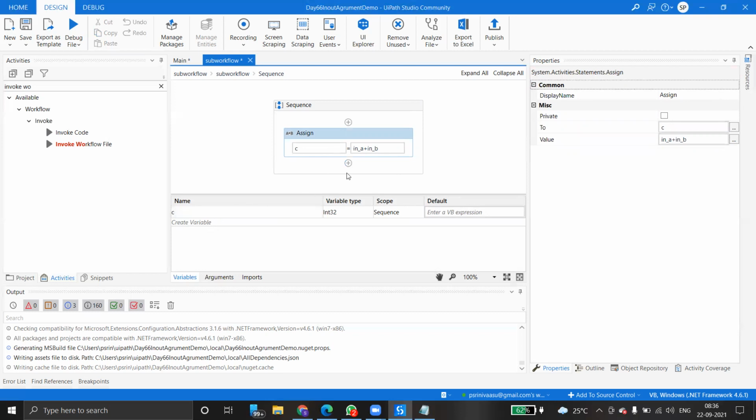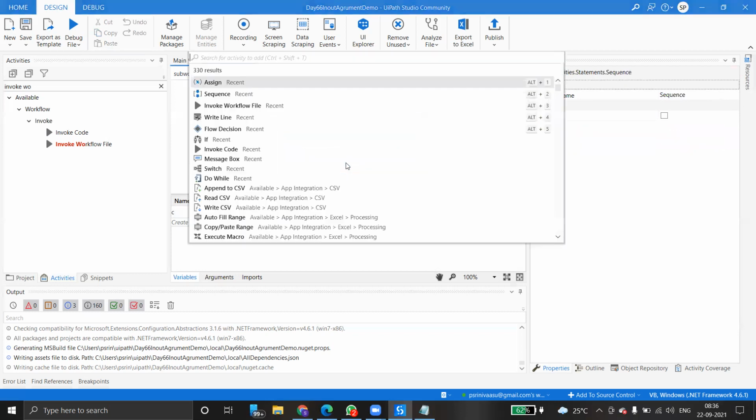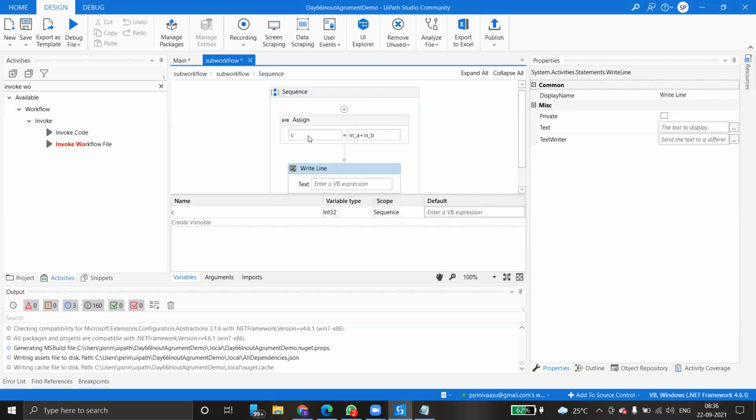So now I want to create another argument. What type of argument? Otherwise, you can simply print here a message box. Yes. The value of C is, okay, C is plus C. That's it. Plus C. What I meant, plus C? Okay, ToString we have to use. Right. Control S.